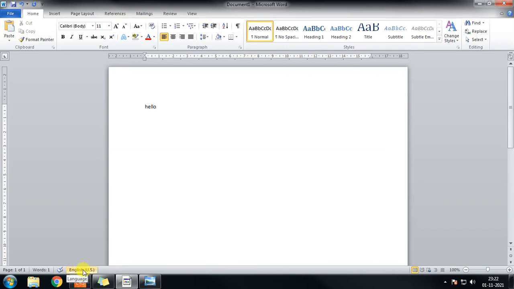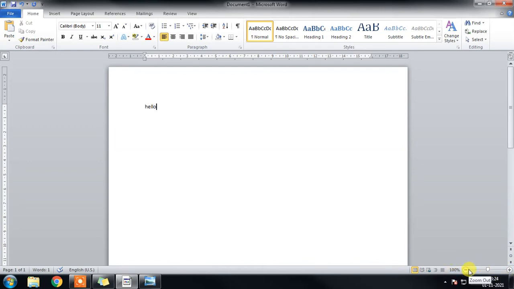And when it comes to the right side, these are called view buttons. There are 5 views in the view buttons. The first one is called print layout view, next one full screen reading, third one web layout, fourth one outline, and fifth one draft. And when it comes to the zoom control, there are two things in this section. Here where you see the percentage, this one is called zoom level, and next to that we have a zoom slider.